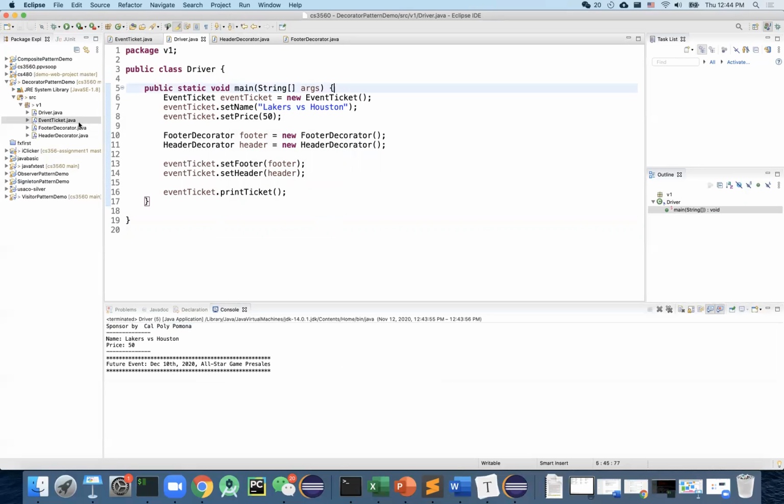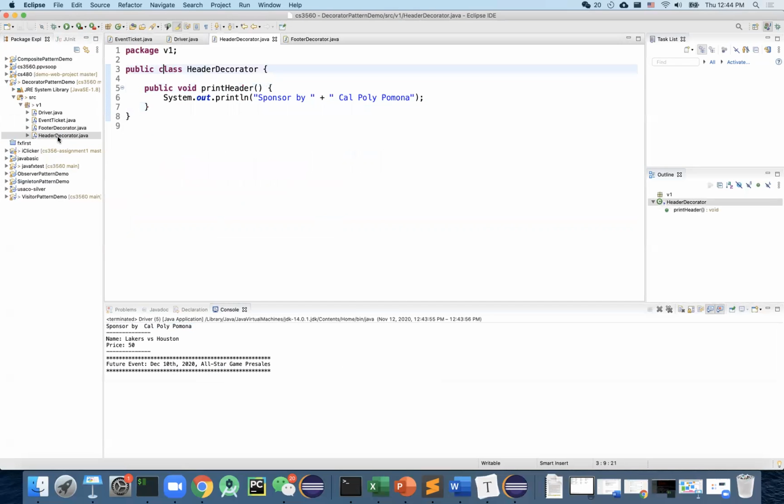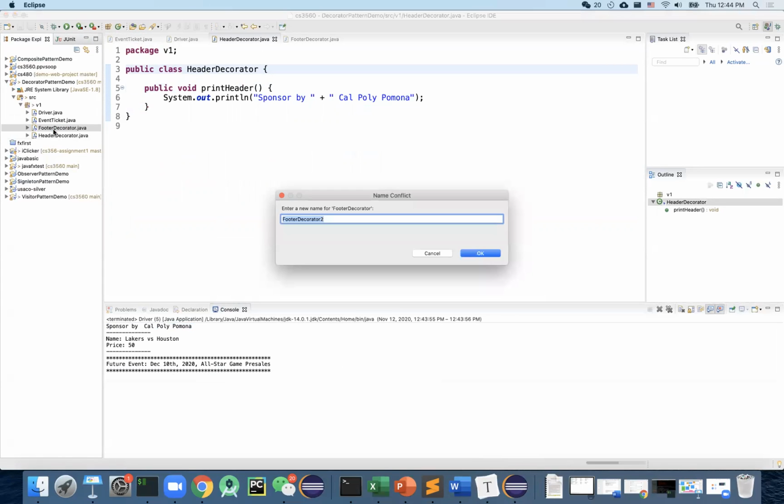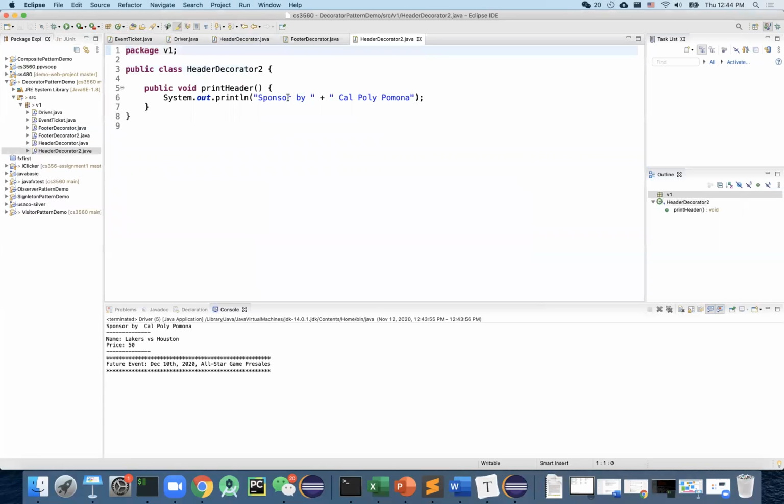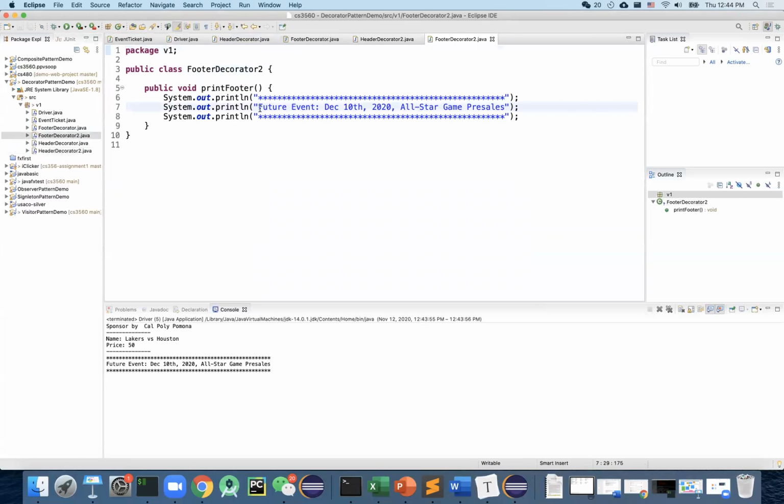Okay, now this is only one. Now, if you want to build the second one, you probably will need a hierarchy for the footer and the header. So for example, I do this very quick. I'm gonna do a footer decorator 2 and also the header decorator 2. I'm gonna do 2 types. Okay, to make this one simple, I'm just gonna change this one. Okay, I will do the v2 so that you know that is the version 2. Okay, so v2 here,